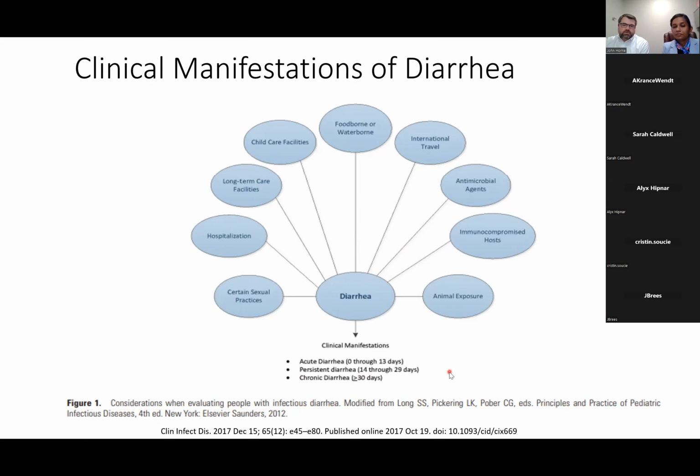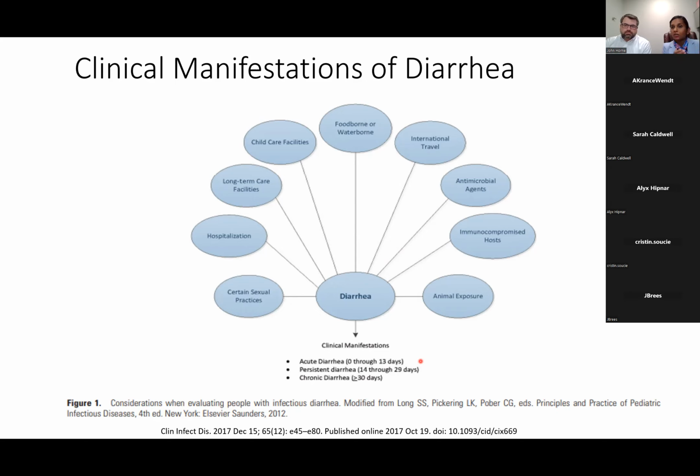There are some exceptions, but in general, when we're talking about infectious diarrhea, we're talking about acute, under 2 weeks. And I like this picture diagram. They say animal exposure, like I was talking about: if you have animal exposure, think about diarrheal illness. A lot of times, if you have pets like turtles and snakes, they could get salmonella poisoning that way. So it's really important when patients have animal exposure. Sometimes sexual practices,